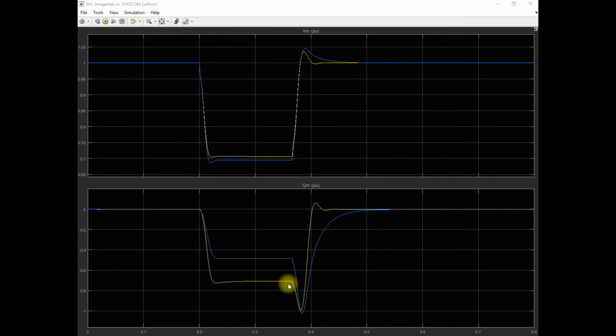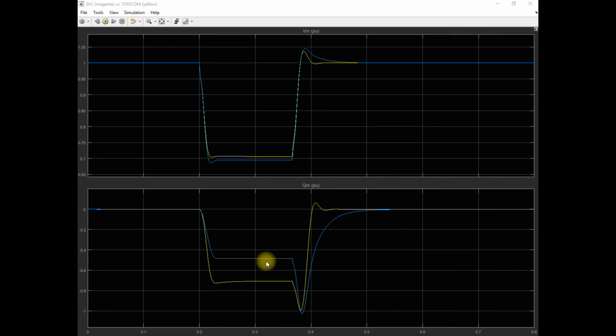Why am I saying reactive power injected? Because the fault condition decreases the voltage level from 1 per unit to 0.7. So to maintain the voltage near 1 per unit, we require the injection of reactive power. So SVC also injects reactive power and STATCOM also injects reactive power. But here the amount of reactive power from the STATCOM is higher than the amount injected by the SVC. That is because of the characteristic difference between SVC and STATCOM, as well as the difference in the droop reactance of